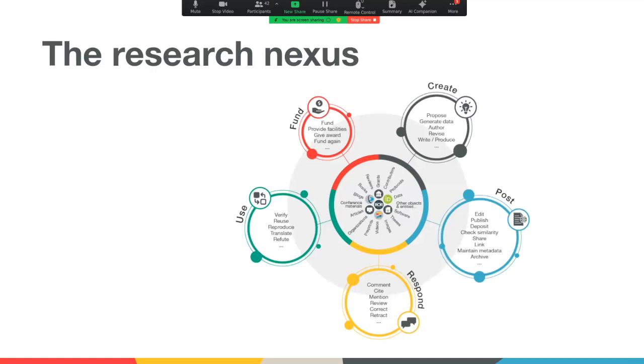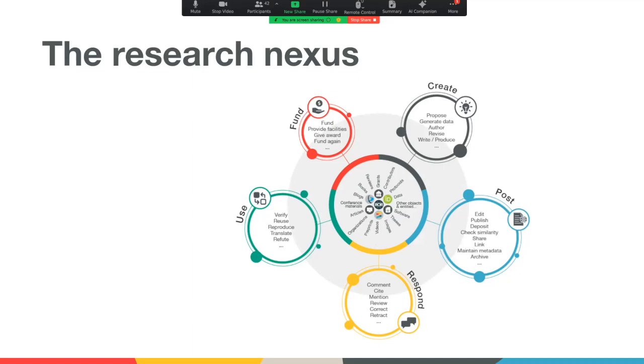And one of the ways in which we think about this diversity of outputs and how research outputs are represented is what we call the research nexus. Other organizations talk about maybe a science graph or a knowledge graph. But essentially in the middle of this wheel, and sorry, it may be a little bit too small for some of you to read, but hopefully you can tell from the icons that there are different types of research output. So there's the things I mentioned earlier, articles, books, preprints, and so on, but there's also data, there's blogs, there's